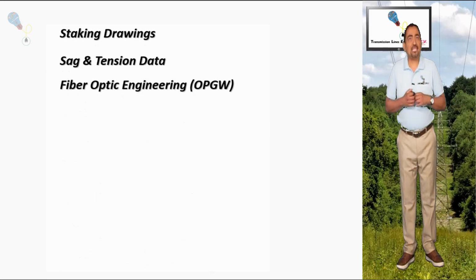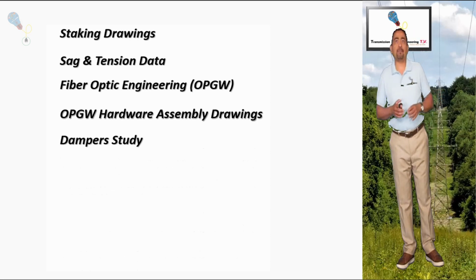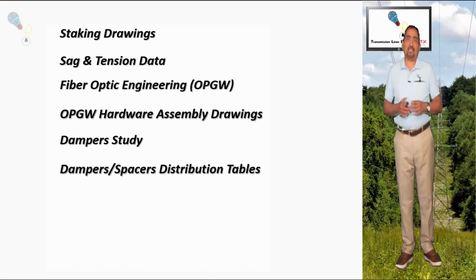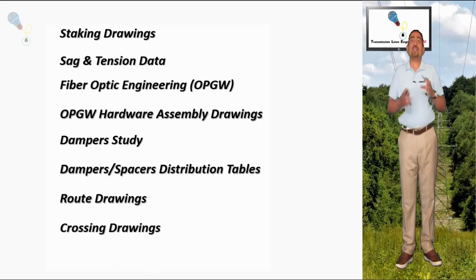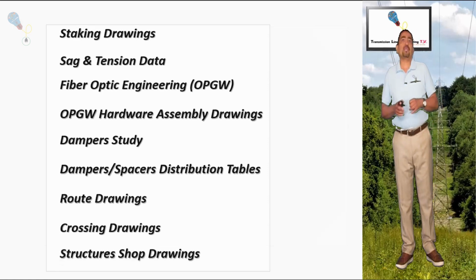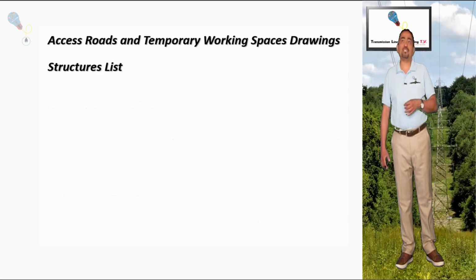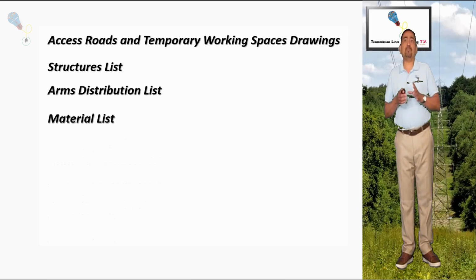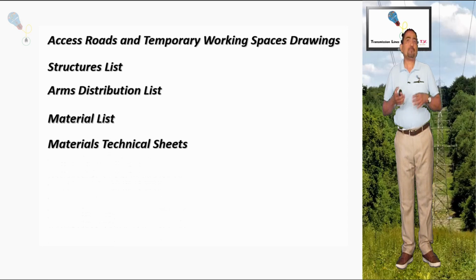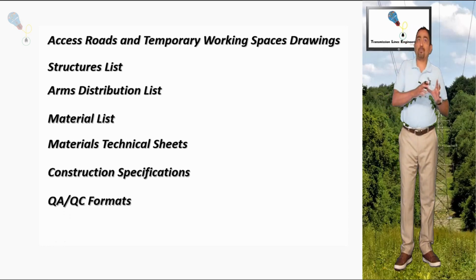We will send as well sag and tension charts, optical splice box location engineering, assembly drawings and accessories for fiber optic (OPGW), dampers engineering, documentations for dampers positions or spacers, foundation drawings or special foundations designs, alignment drawings, crossing drawings, structure shop drawings, drawings related with access roads and location of work areas and positioning of materials at each structure location point, structure list, materials list, technical sheet of the materials to be used, like cables, hardware, OPGW and accessories, grounding systems, etc., construction specifications, quality formats to be used during the construction